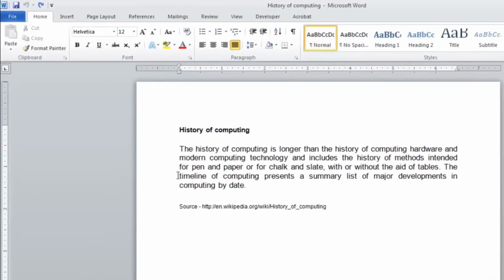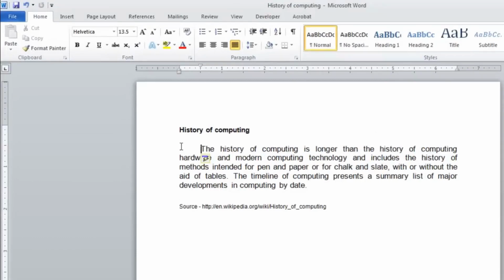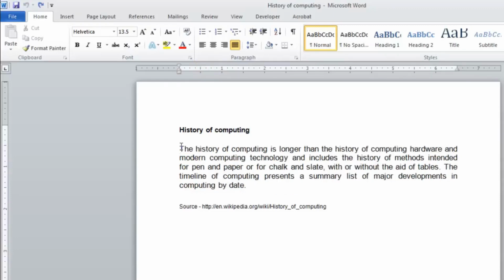The easiest way to do this is to click before the text in the paragraph and press the Tab key on the keyboard. An indent will appear, and the first line indent marker on the ruler at the top will move along the ruler. We'll go back a step now by pressing Ctrl and Z to show you how to